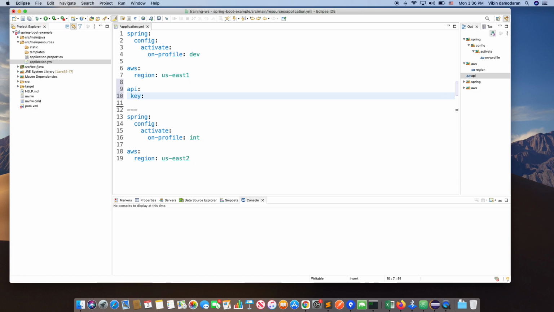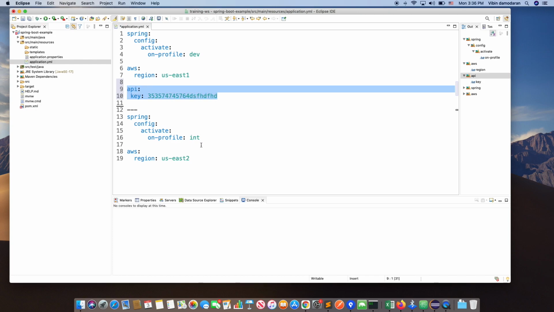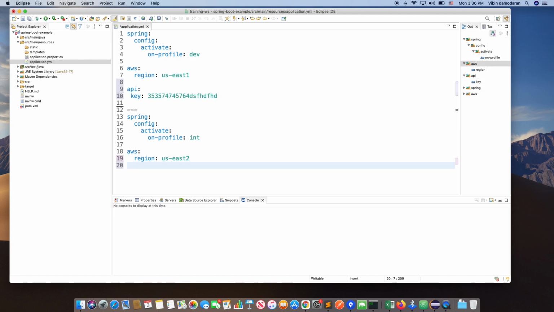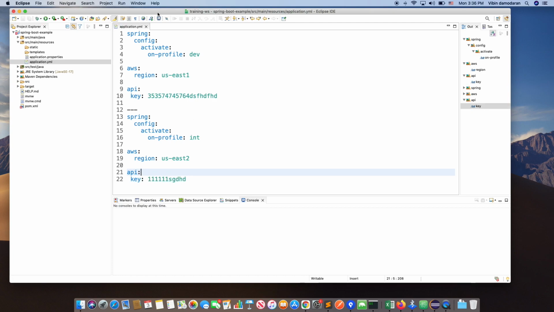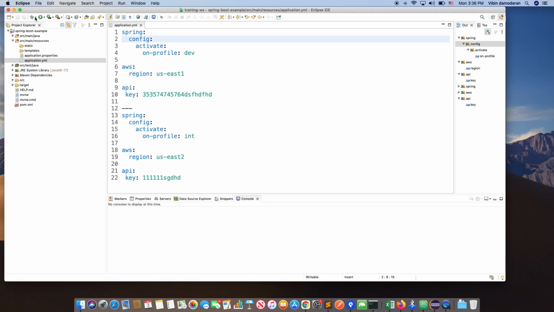So maybe this key will be like 3/4 this, and then on your int environment it could be starting with maybe 111. Okay, so this would be the API key for dev. This is the key, and then maybe this is the key for int. And when you run it,